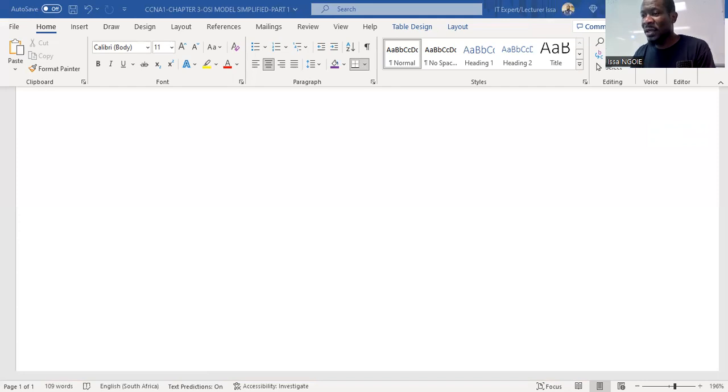Now, let's talk about some protocols that you can use in every layer. I won't take all 7 layers. I'm just going to pick some of them, and the others you can carry on by yourself. I know that you are smart enough and still young, so you can carry on by yourself. But I'm going to explain most of them,